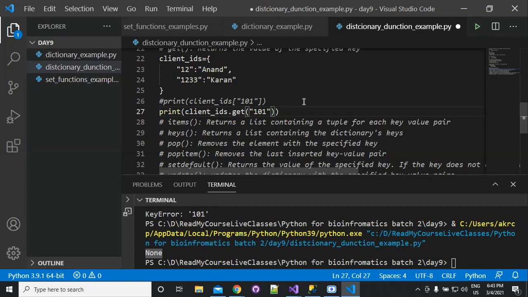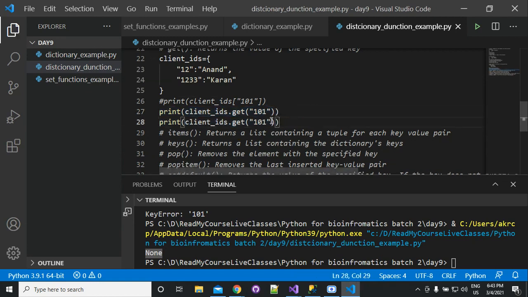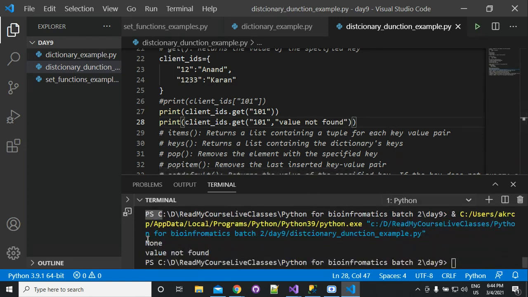So suppose that in the first case we are using the get function, and in the second case you can write here the default value, not found. Okay, now you can see that in the first case it is printing None and in the second case it is printing value not found. So this direct indexing method is not safe.